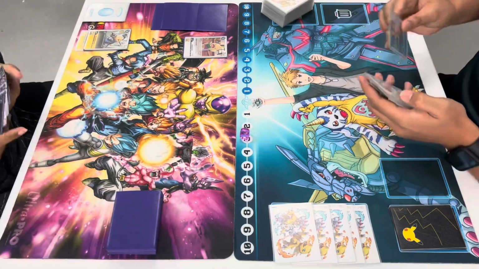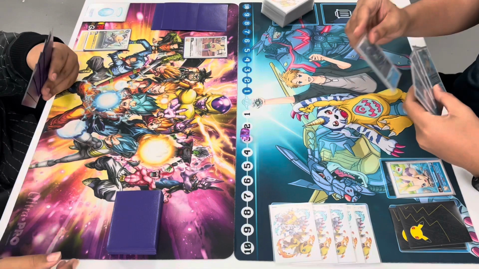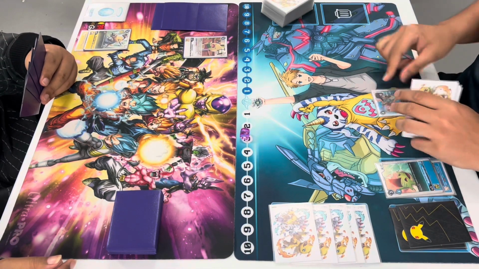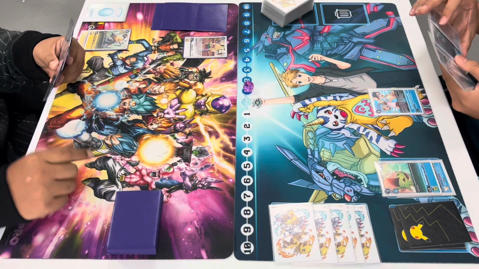Now I start turn, I'm gonna go ahead and draw. I'm gonna hatch my raising. And I'm not too sure if I had the Syakumon or if it was the Modoki Betamon. Okay, it was the Modoki Betamon. I'm gonna go ahead and digivolve into that. Then I'm gonna go ahead and pass him 1 by playing the Sorenjo, which is gonna be really good because